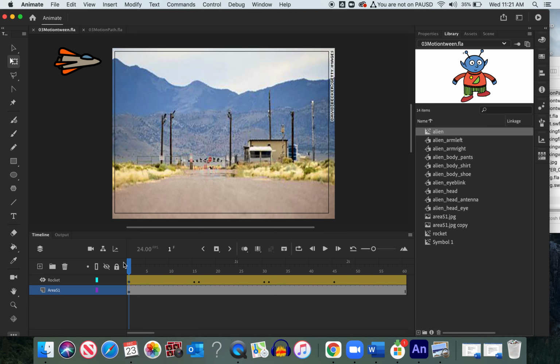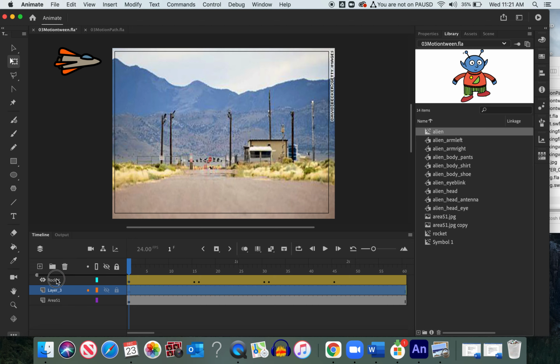So what I want you to do on this continued lesson is we're going to add a layer, and we're going to make sure that layer's on top, and we're going to name this layer alien. And the author has provided us this cute little animation of an alien that is going to join our Area 51 lesson. So I'm going to drag the alien out here onto the stage, and remember our spaceship